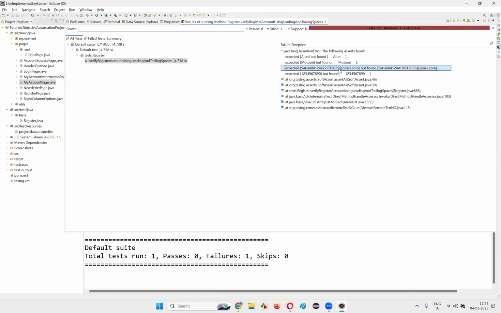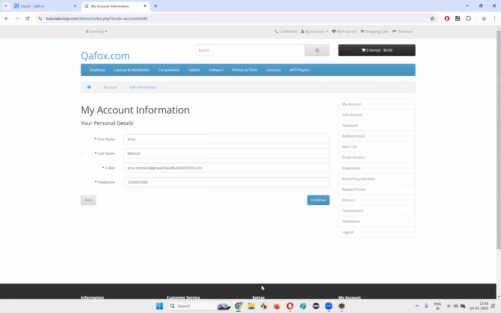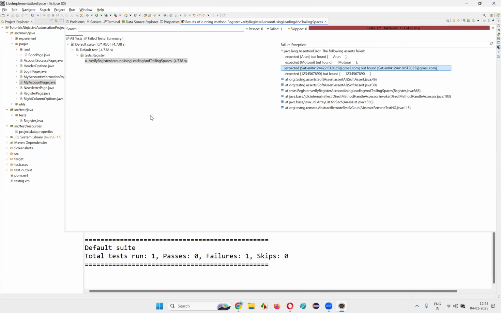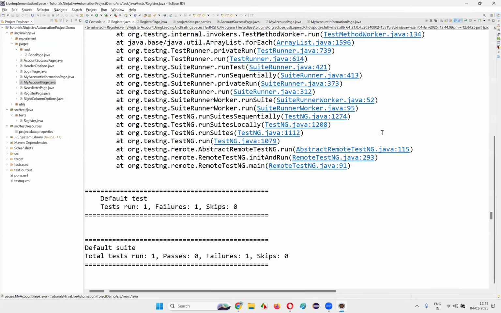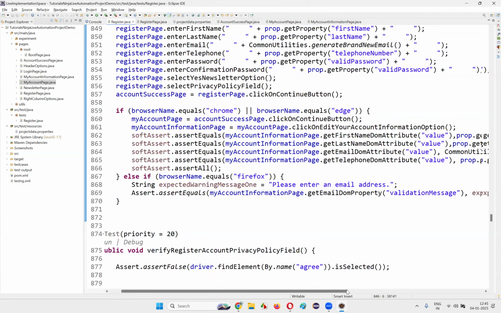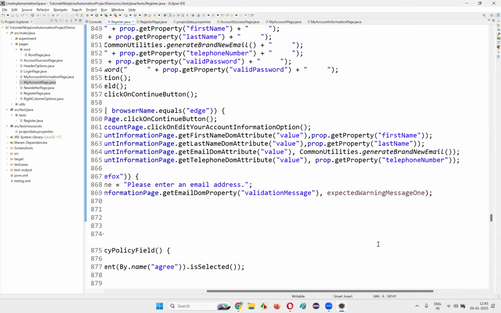Here 22 IST 2025 is there. Here 18 IST 2024 is there. Okay, what is the reason? Okay, got it. Okay, what is the reason? I understood. I'll tell you what exactly is the problem. Register.java, come back here. And here,